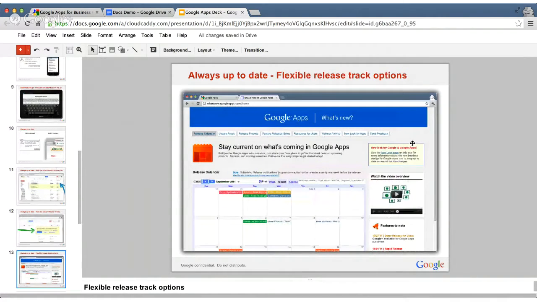So if you're an IT administrator, you can actually choose how quickly you want our updates to be applied to your domain. We've got a fast track for people who are keen to see the latest Google features. You can choose this option, and as soon as we make an update, you can roll it out immediately to your domain. We can have a preview period where it allows you to get familiar with the site changes we've made